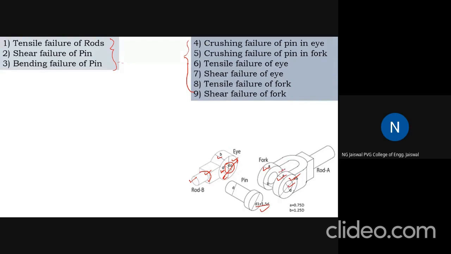This is not a part of the calculation, this much length, or even this much length. You can take any length of this length. Even this length is not required to calculate. You can take any length. Even this length is not required to calculate because you can take any length.